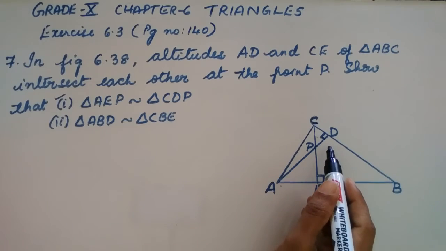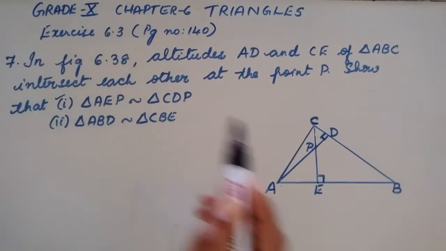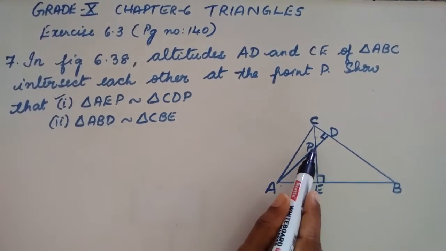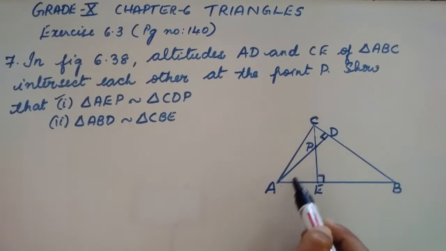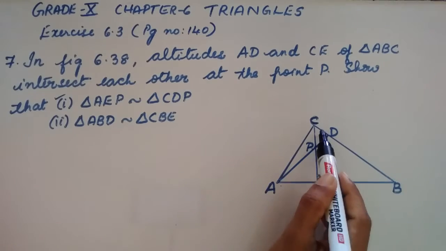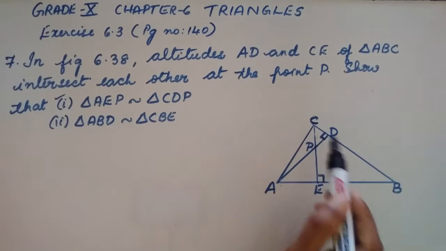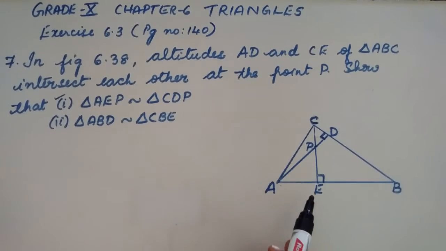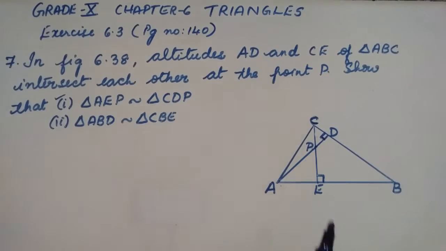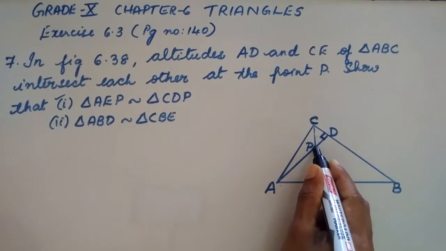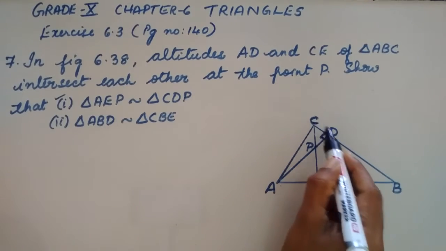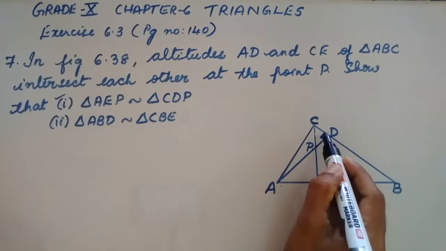And now we have to prove that triangle AEP is similar to triangle CDP. So this triangle is similar to this triangle. We need to prove this. So now, in triangle AEP and in triangle CDP, we have